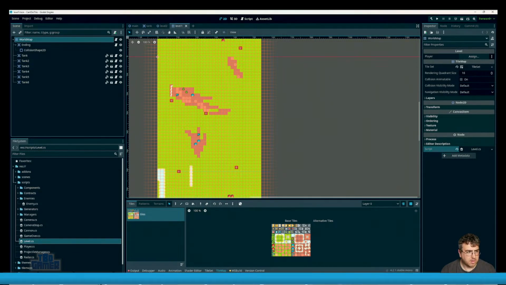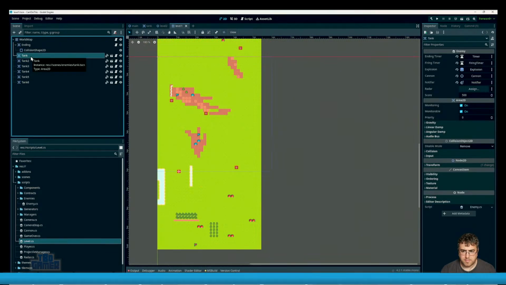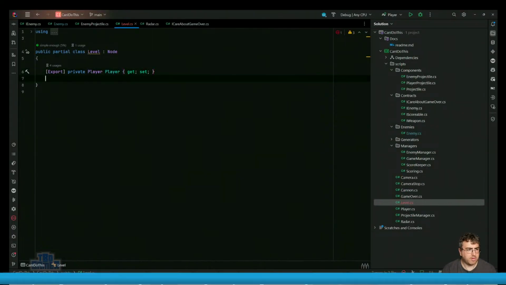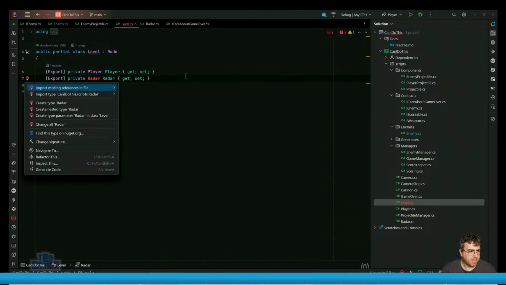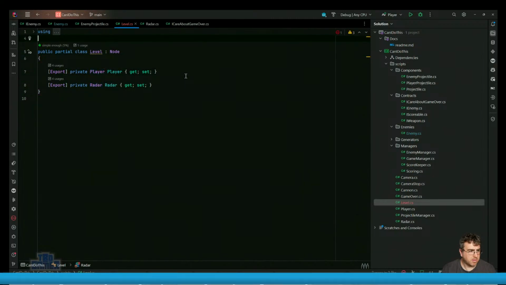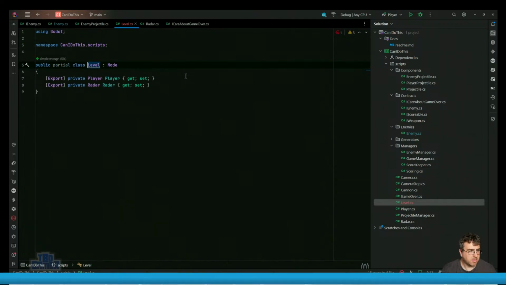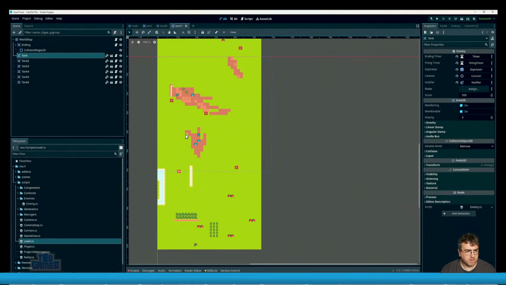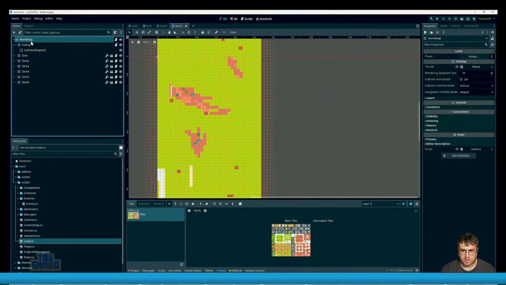Then I don't think I'm doing that right, but we'll find out. Export private radar. Radar. Leave them in the namespace. And then that has